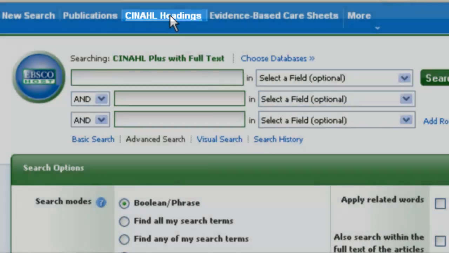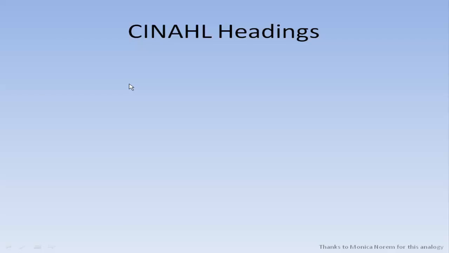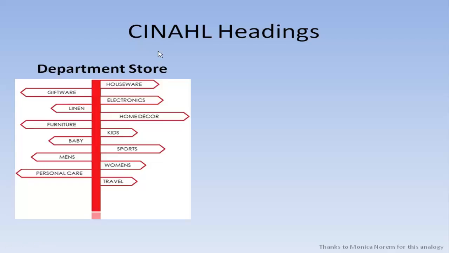The CINAHL headings are best explained by thinking in terms of a department store. Items are grouped together based on their shared characteristics. So for instance, if you were shopping for a new couch, you only have to find the furniture department, and then you will have all of the choices of chairs and beds and couches. Knowing that there is one place to go where all of those items are lumped together is convenient, so that you're not looking all over the place or trying to guess where things might be found, which is different from